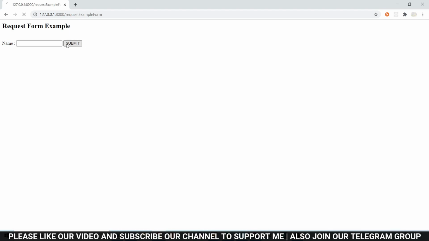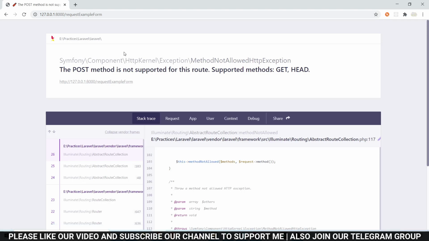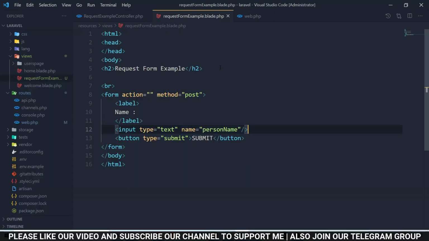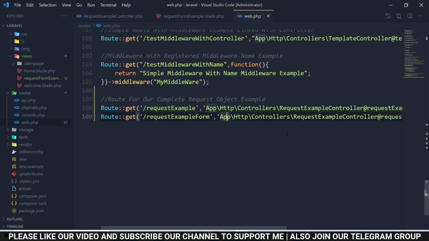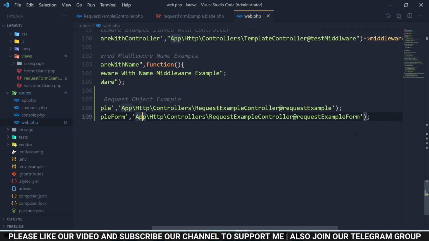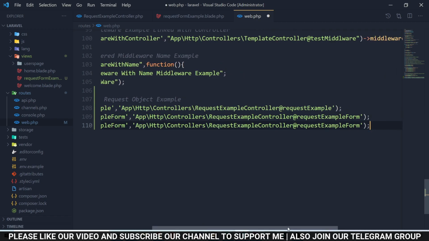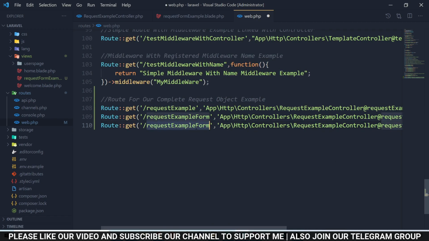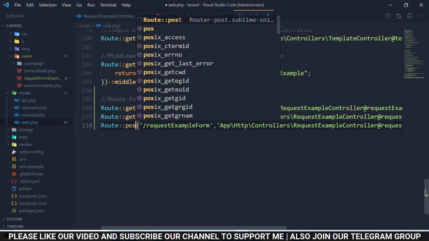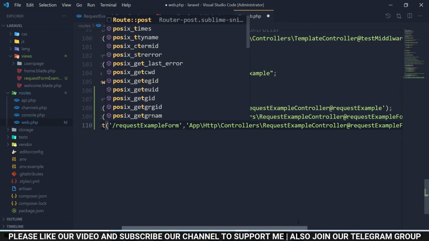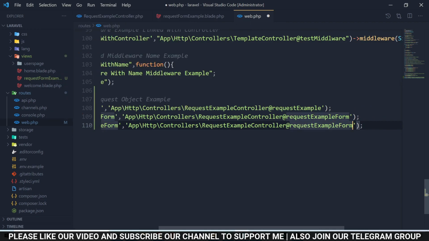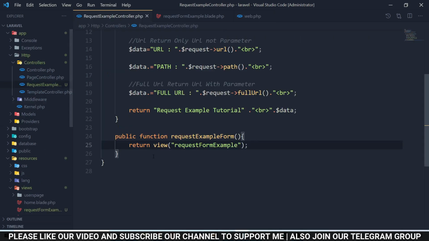If I click on submit, you can check it is showing an error because this method does not support post. So you need to create a post method for the same URL. So copy the same URL, and here request form, change the method to post. After that you need to check request form, save this file, copy the method name, and let's create this method.